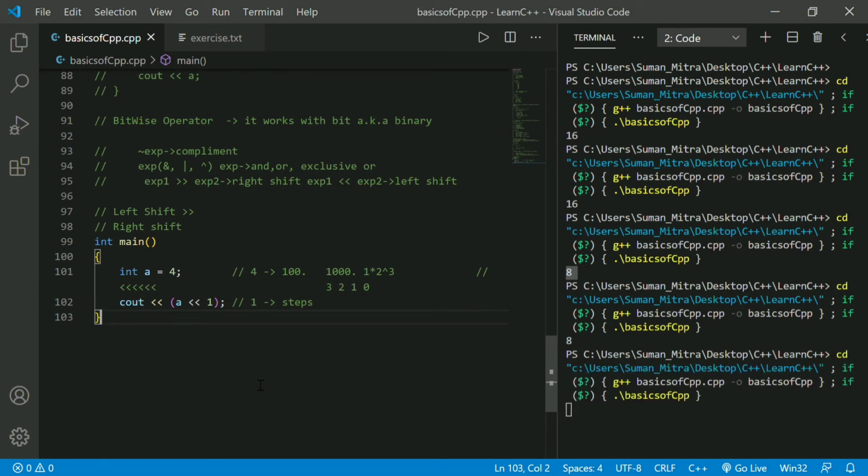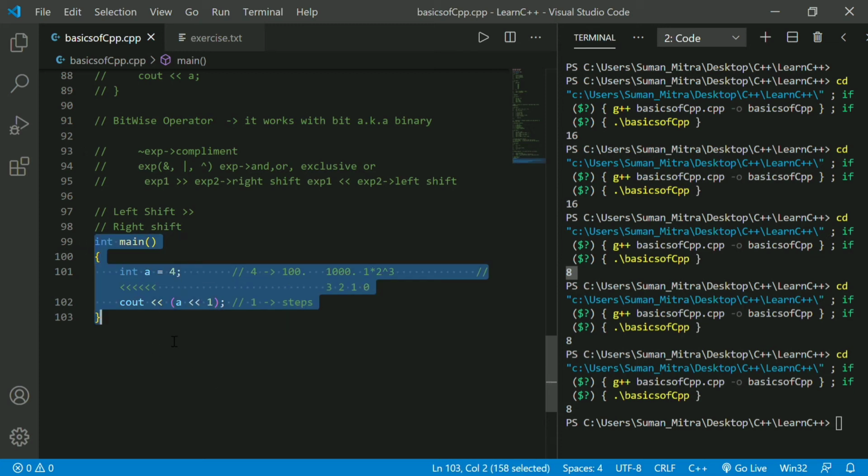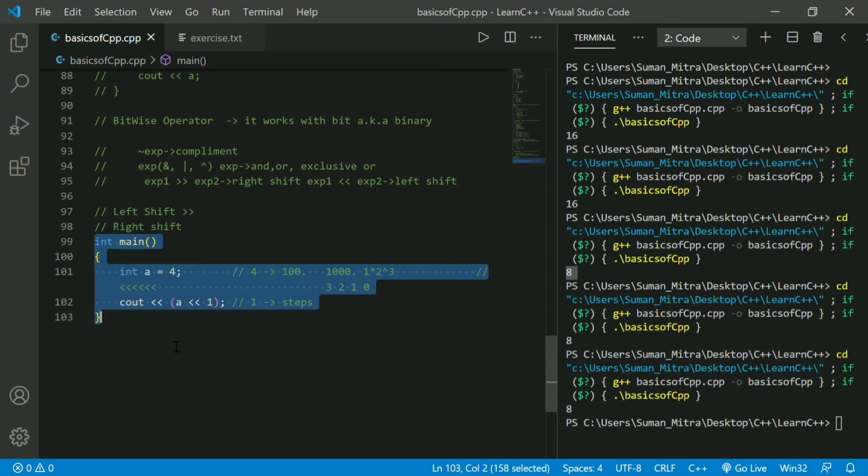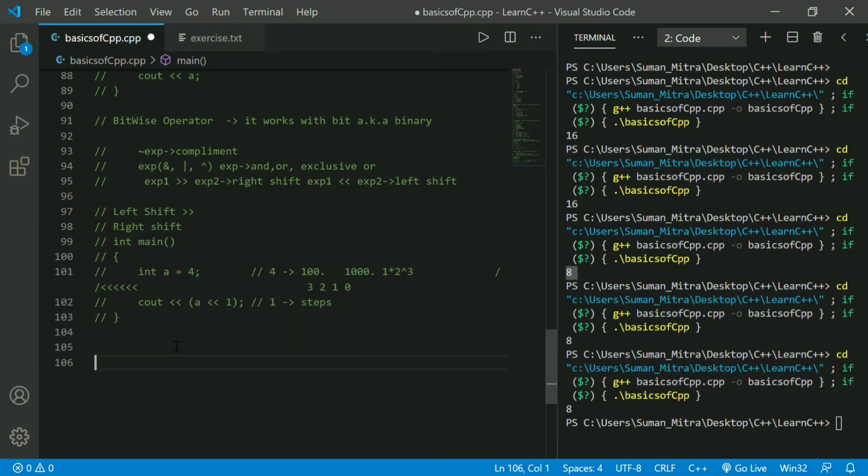Now we'll learn about one more type of operator, that's called relational operator. Okay, what does relational operator mean? Let's just comment out this. I'll tell in very short so that we don't cross our time limit. Relational